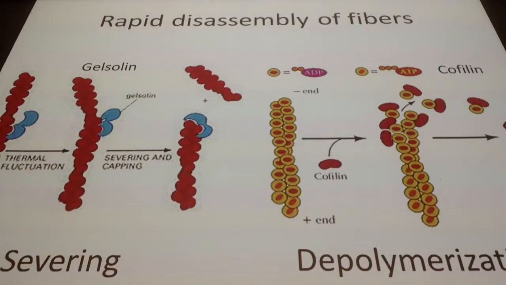So for instance, when we talk about migration, you want slow disassembly of microfilaments, so we'll talk about depolymerization, whereas during cell division, when the cell has to be pinched, that has to be done really quickly. So disassembly of the microfilament of the contractile ring will be through severing. Okay, so speed, basically. One is much faster in bulk, and like Deborah just asked, that piece right there will just get disassembled, and then the G-actin will get reused. But then we'll have to pay attention to this stuff right here,